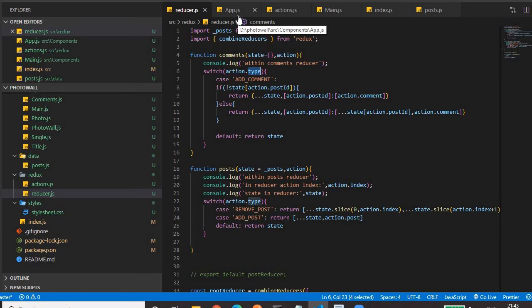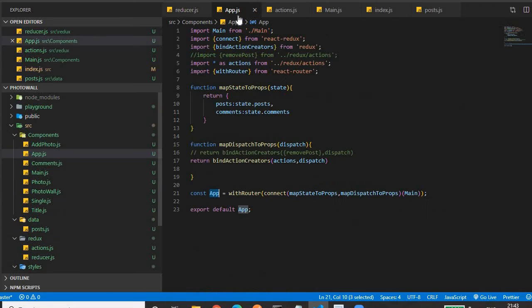So to emit the action from the component, we have a dispatch method. For that what we have to do is, similarly in the container, write a function equal to something, any name, it takes a parameter dispatch. Then here we have to return bindActionCreators. We have to import bindActionCreators from Redux. We are binding the action. So we have to import star as actions from actions.